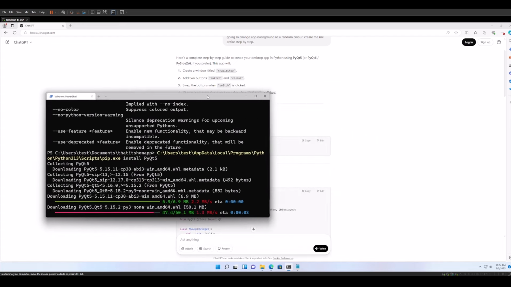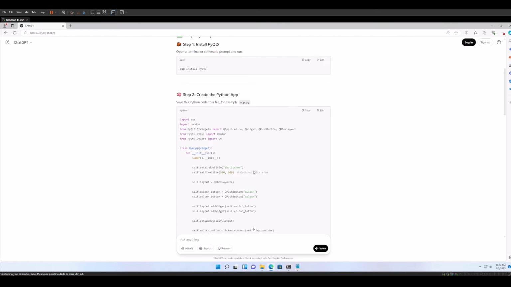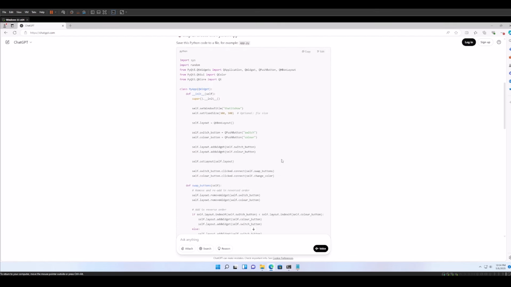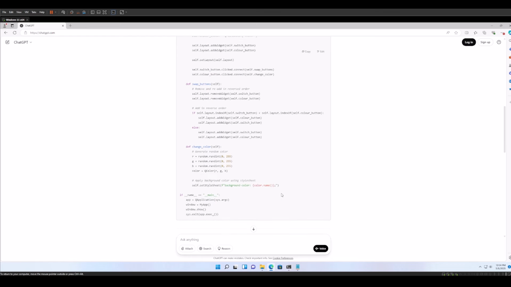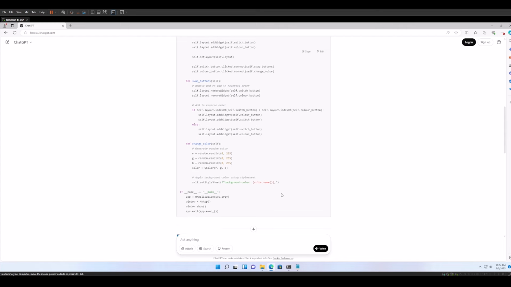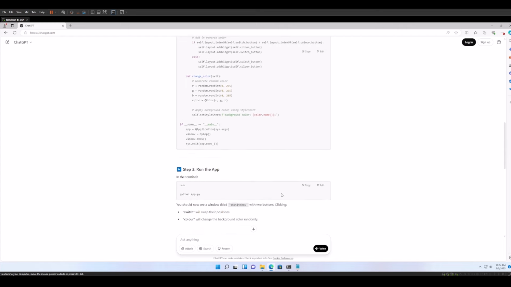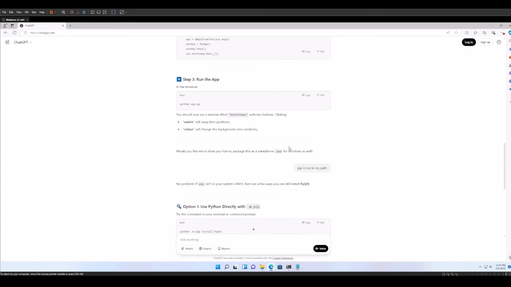Anyways, while this is installing, what are the next things that I need to do? I need to go and check on my code. Now, my code here is pretty simple. I'm going to try to explain it to you, and I'm going to try to explain why this thing is so immensely